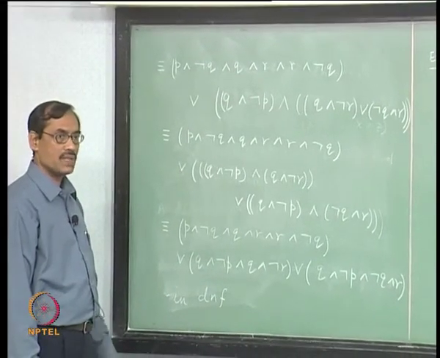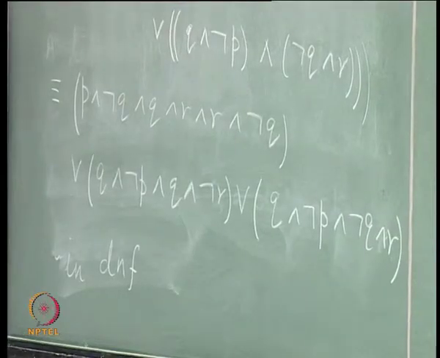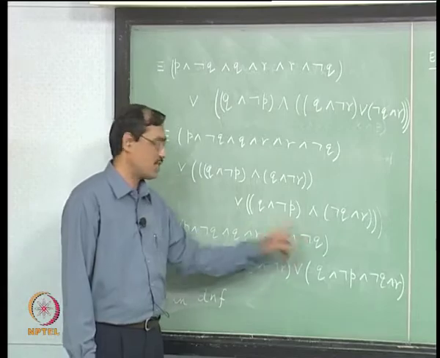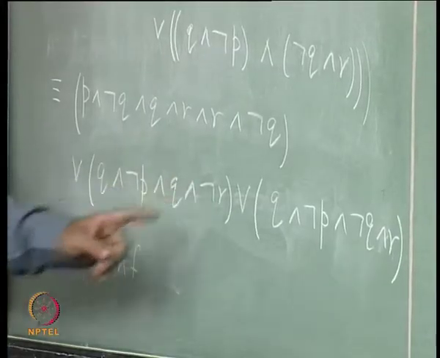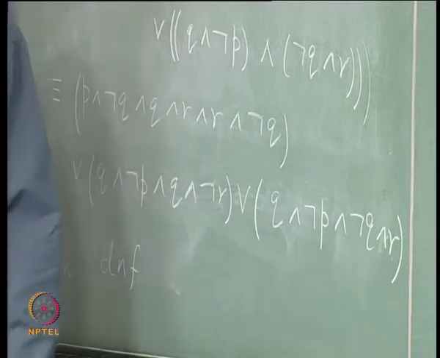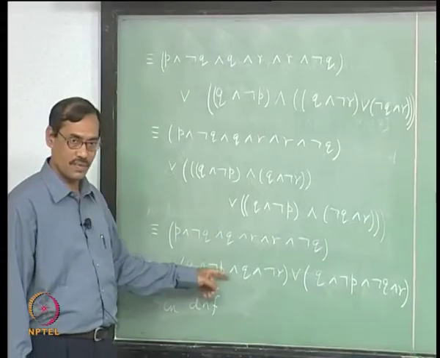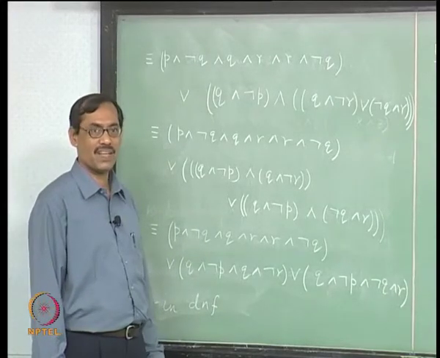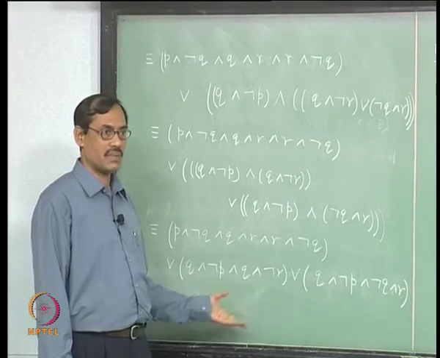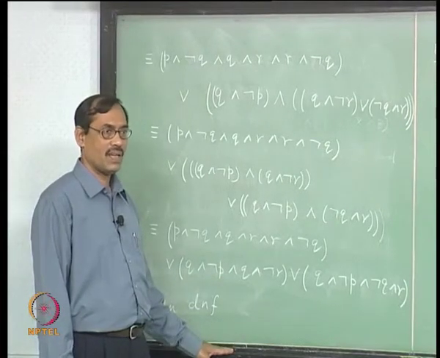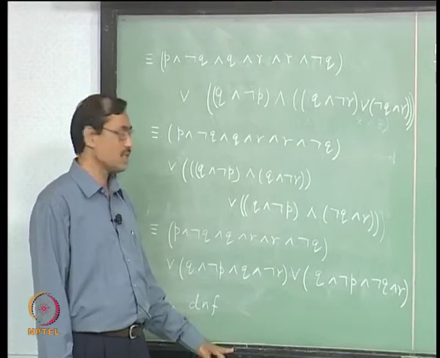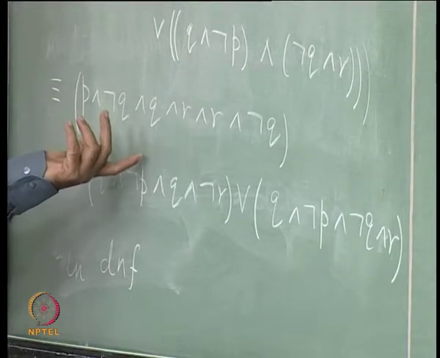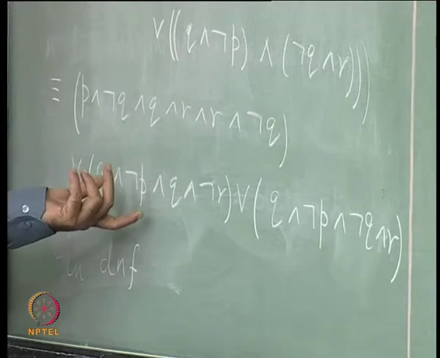Okay. Now, to bring it to CNF, distribute everything. So, how many factors are here? 1, 2, 3, 4, 5, 6. Here are 1, 2, 3, 4. Here are 4. So, it will give you how many clauses there? 6 into 4 into 4 clauses, right. That becomes clumsy, fine. So, what you need is to use the absorption and idempotency, okay, and the laws of constants, because you know if it is not Q and Q, this becomes bottom, right, that will help. So, laws of constants also will be helpful, fine.